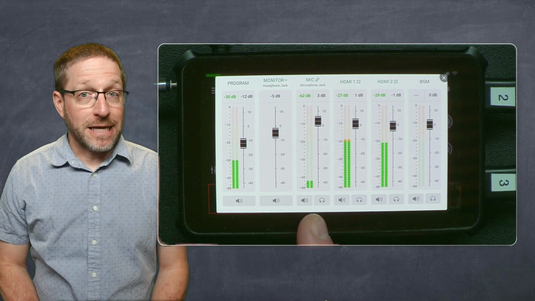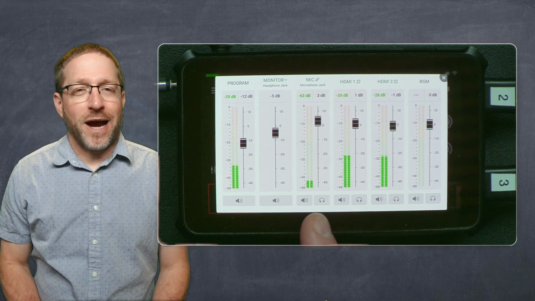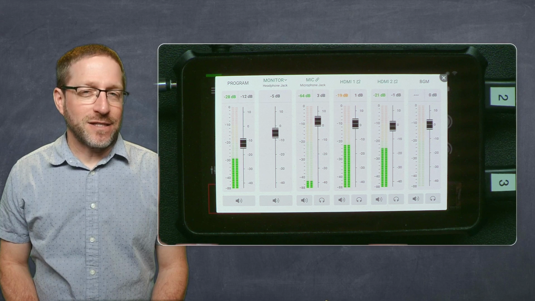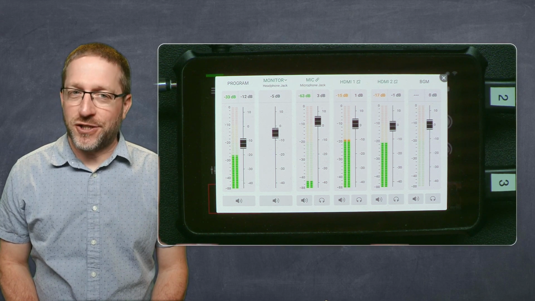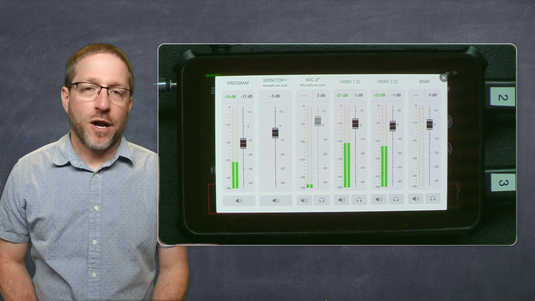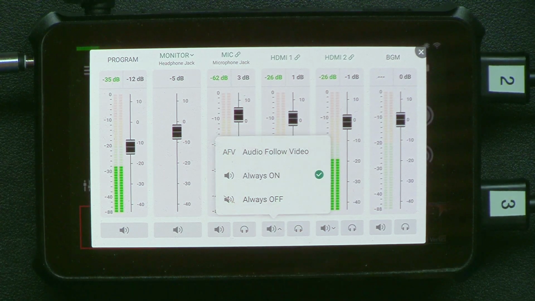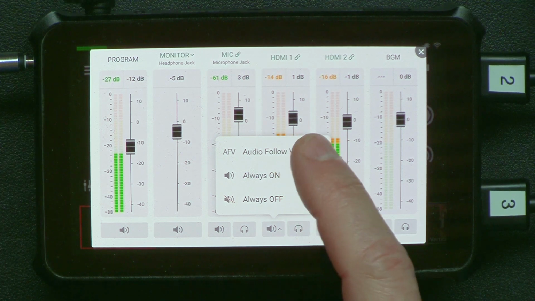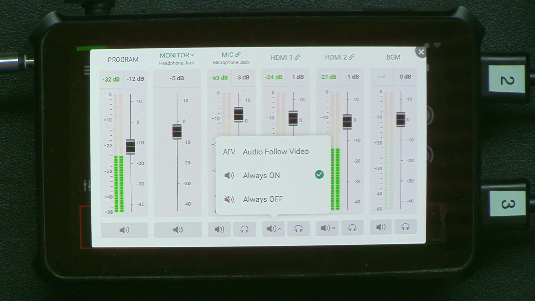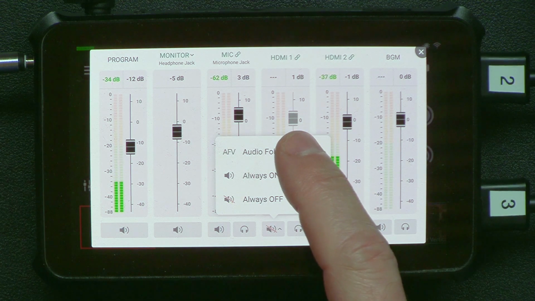Looking at the bottom of the mic input, and also the rest of the inputs, you'll now see two icons, and touching on any of these icons delivers some special features. First, the speaker icon turns that input on or off. On the HDMI and other inputs, touching the left icon brings up a menu where you can set that input to be always on, it shows a speaker, always off, a speaker is crossed out, or a feature called Audio